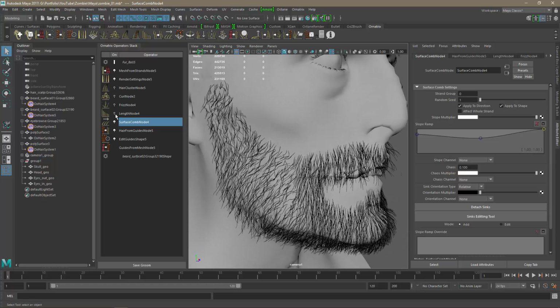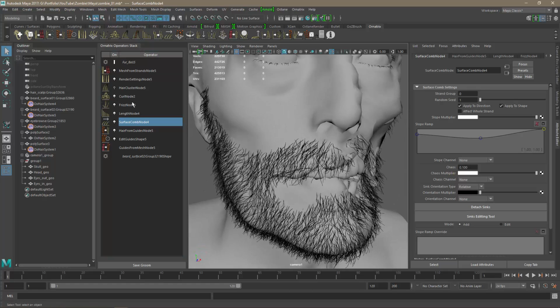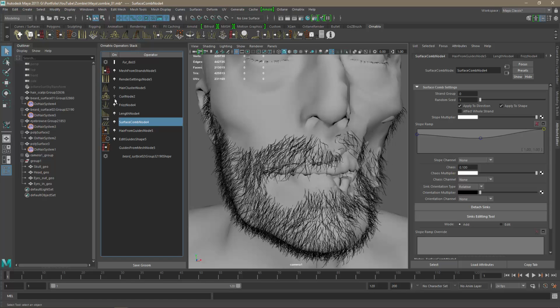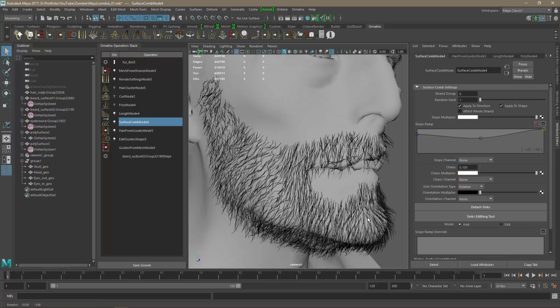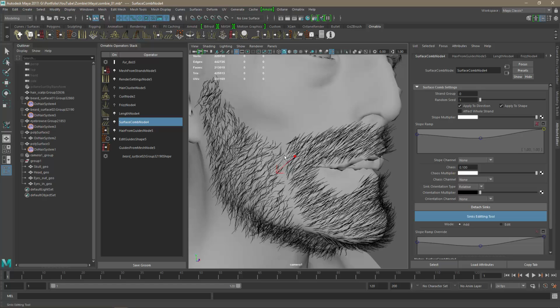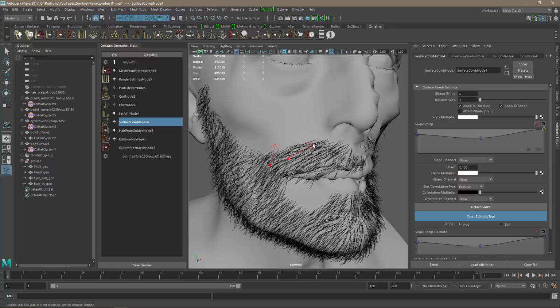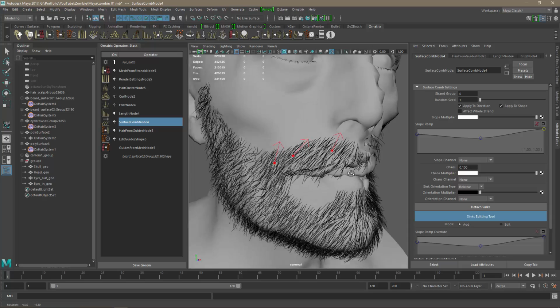Alright, length node, and let's activate these guys, and let's adjust them a little bit. So let's see, let's do one at a time. So first of all, let's go and add a sink here, some sink here, and one here,